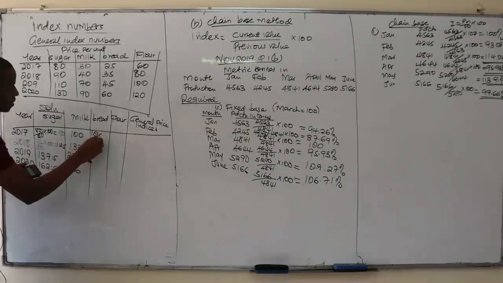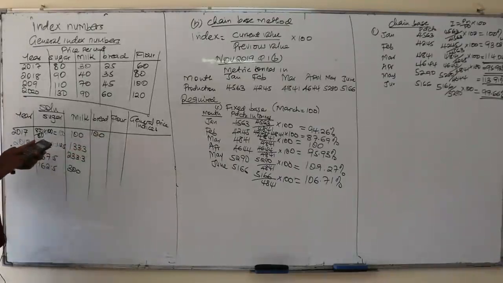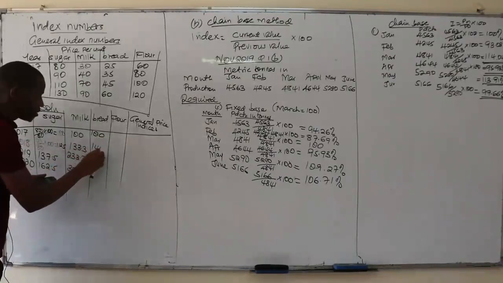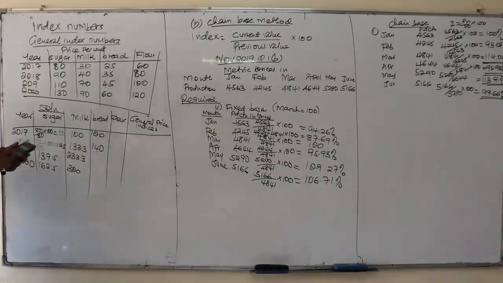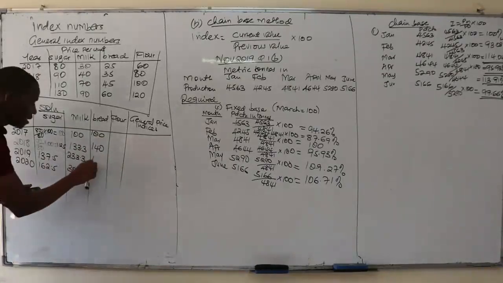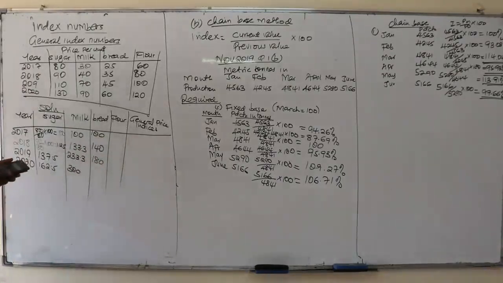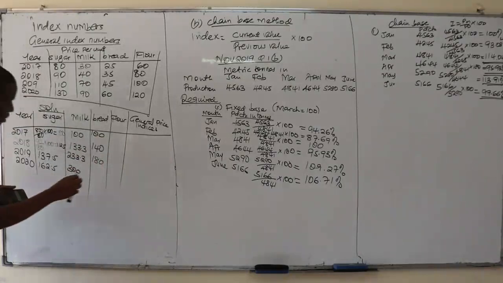This is 100. 35 over 25, which in that case is 140. 45 over 25, which in that case is 180. The other one is 60 divided by 25,